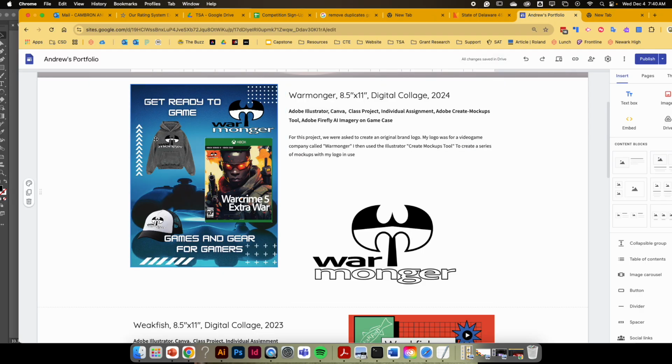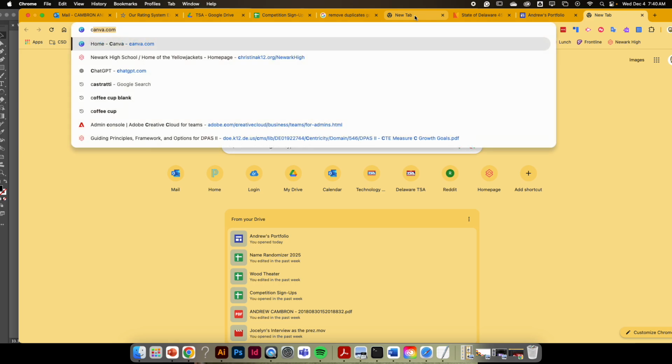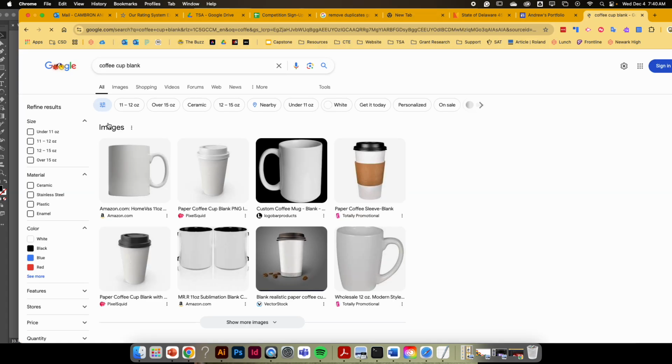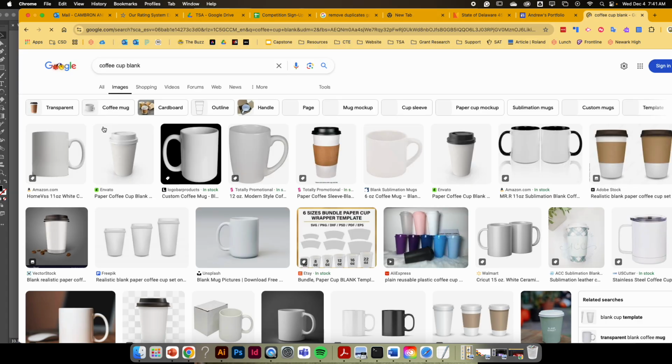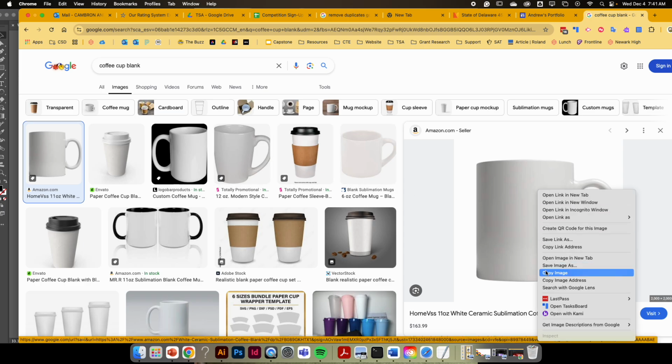You can see how I've done this in the past, putting on a sweatshirt or a hat or a game box. So what I'm going to do first is look up a blank, so I can look up trucker hat blank, or how about a coffee cup blank? So I've got an image here of a coffee cup blank, so I want to put this on a coffee cup. I now just copy this image, right click on it, go down to copy,